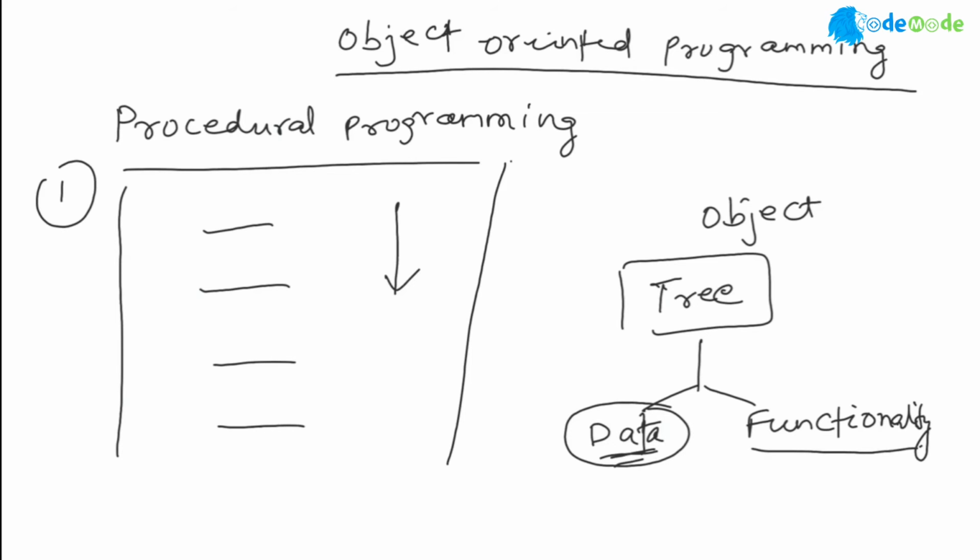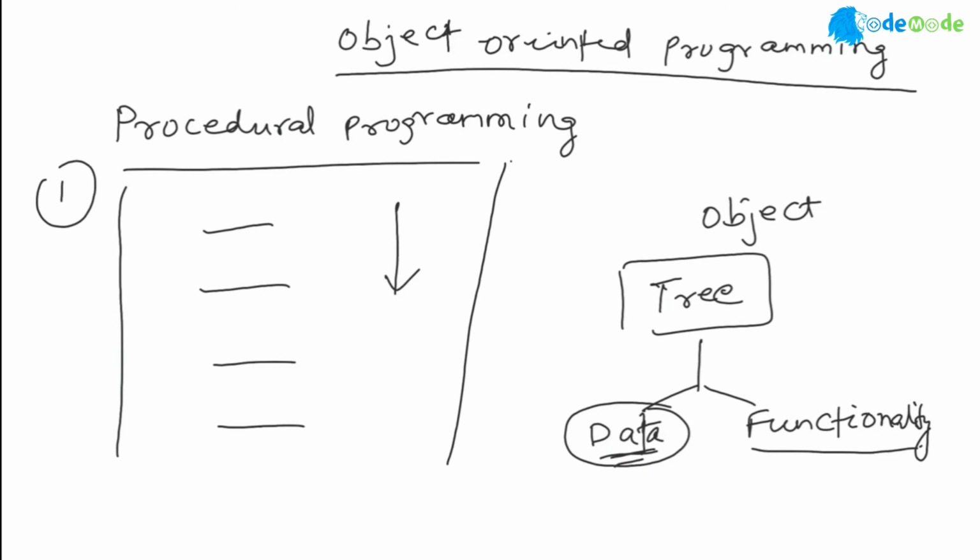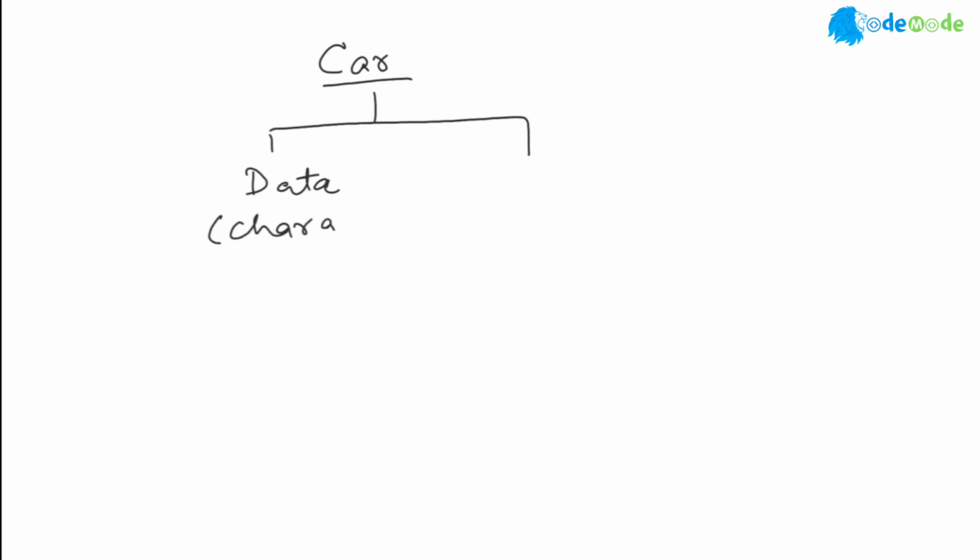And then the tree also has some functionality: the tree grows, we put water in the tree, we plant the tree, we water the plants, the tree grows, the tree sheds leaves. Those are the functionality of the tree. Similarly, take another example. Let's say a car. A car is an object, right? And every object has two parts, as I said: data, which is basically the characteristics that describe a car,